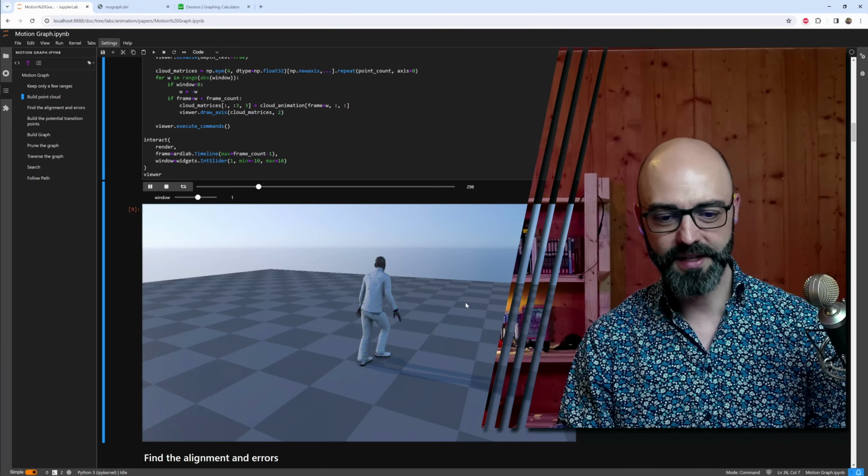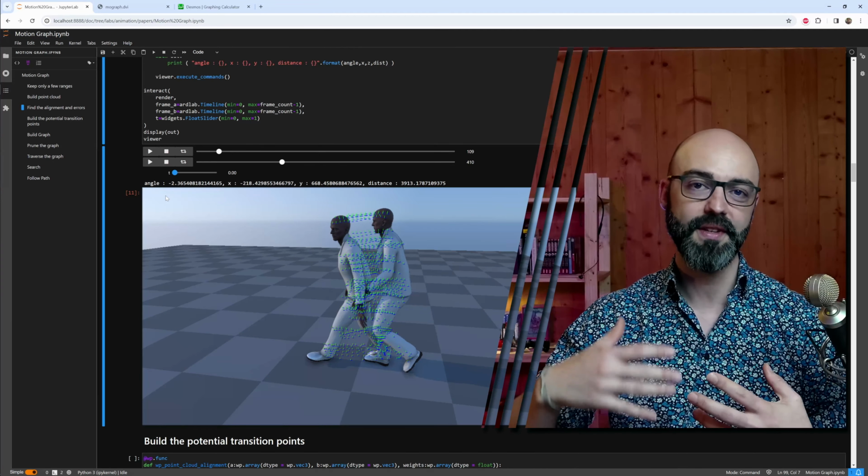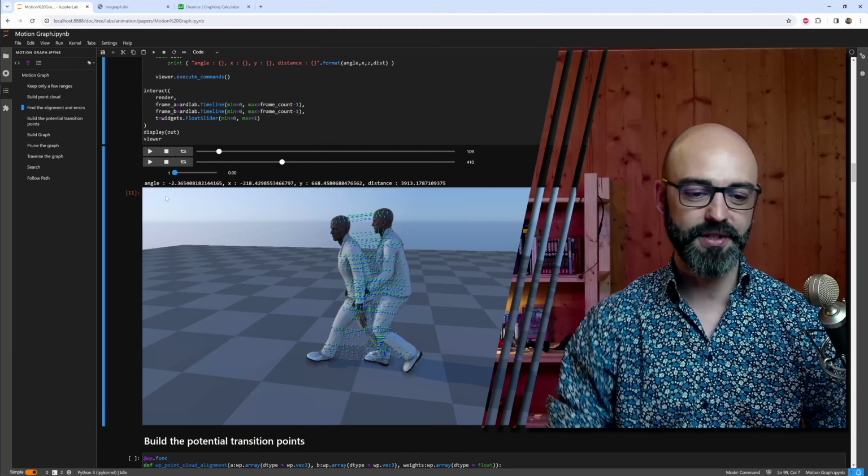So at least we can compute the alignments, we can compute the distance, and then we can see that if we were to take a transition at that time, it would work. So that gives us the distance function. And now what we need to do is make sure that we can actually select when we want to do that transition. To do this, we will compute the distance between every frame and every frame,